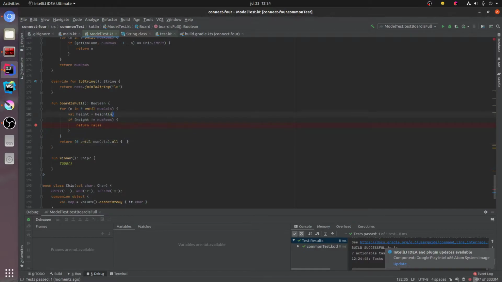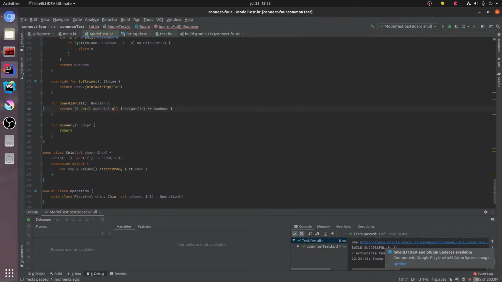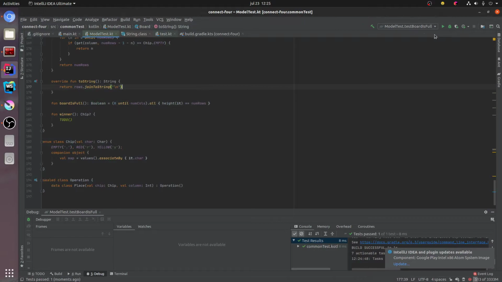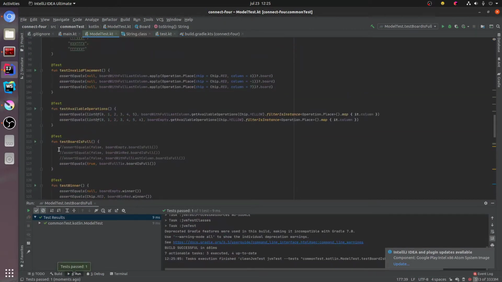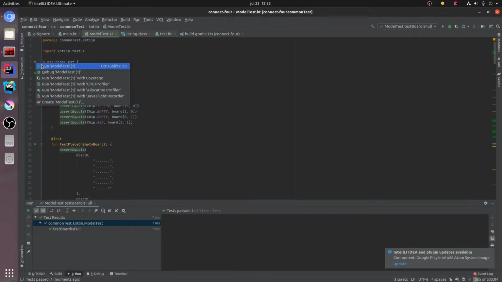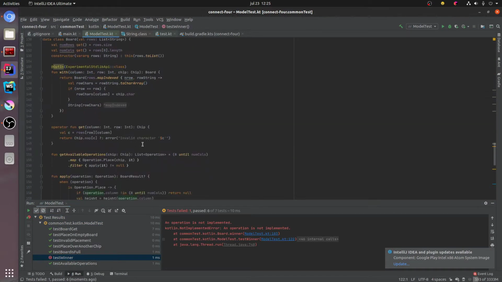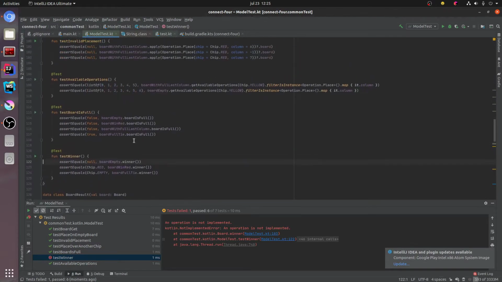All height equals num rows, so something like this, and now we can enable all the things here and try all the tests. So yeah, now we can try to